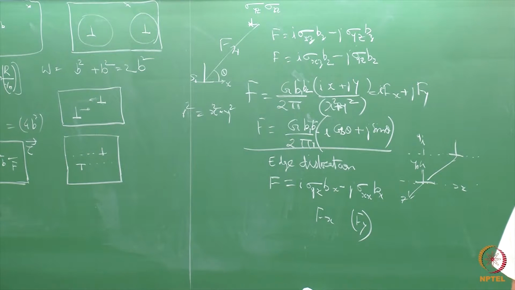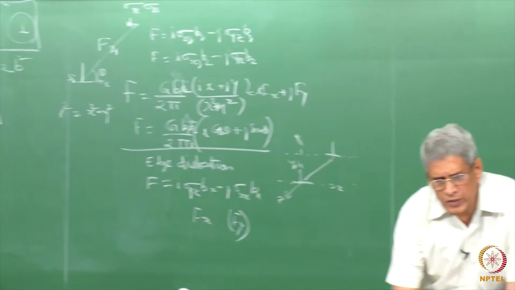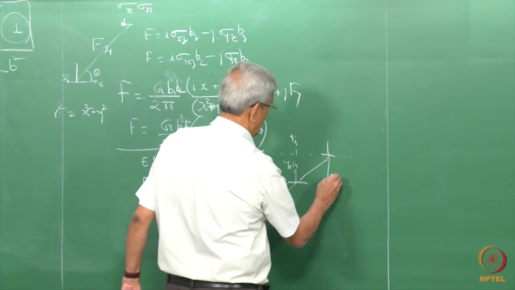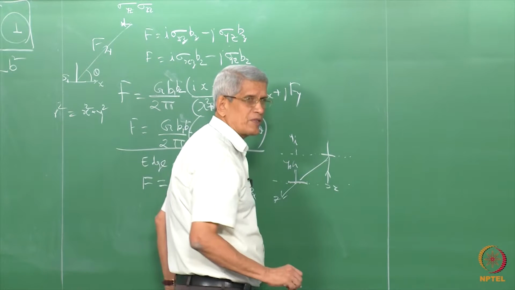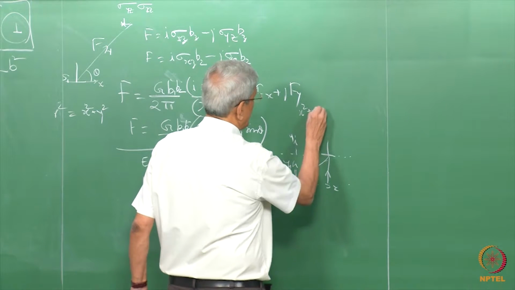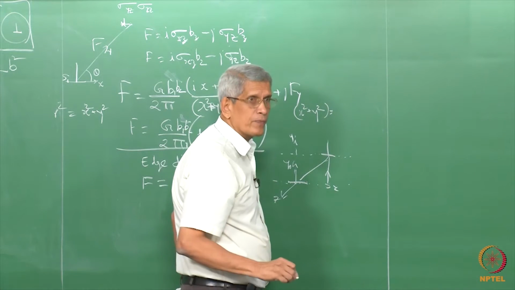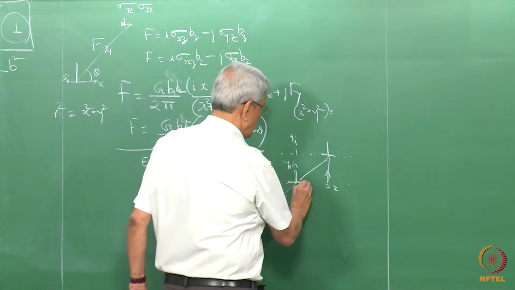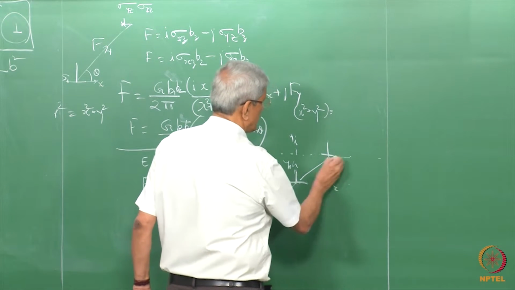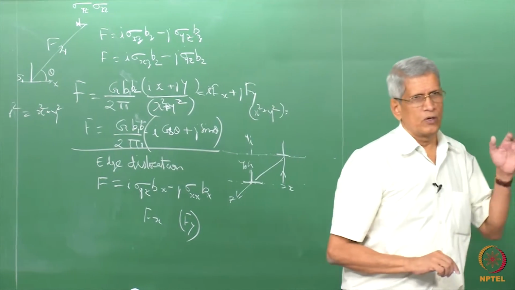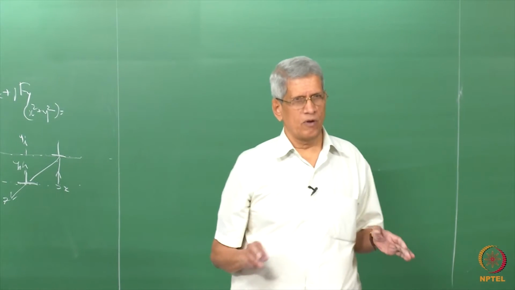This is the expression for Fx, correct? And y we assume to be some distance. What is y? Y is the distance along the slip line, the height at which this dislocation is present. So in this particular case, we take x squared plus y squared, and all these terms have to be taken. With respect to y remaining constant, only x is changing. That means that suppose this dislocation is stationary, we assume that the other dislocation is moving in this plane. If it moves in that plane, what sort of force will be acting between the dislocations?